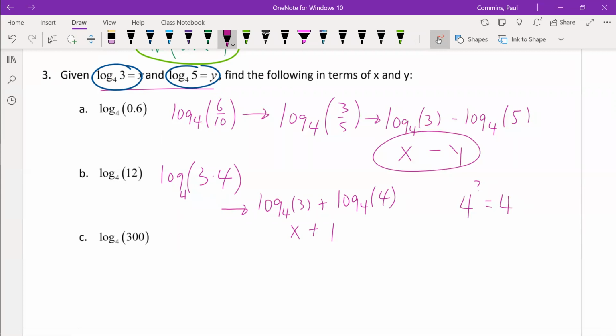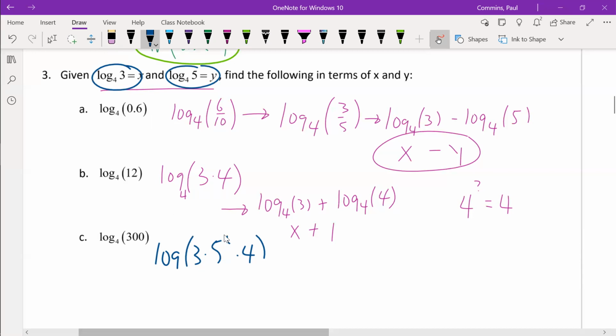300, if you break that down into factors, is 3 times 25 times 4, right? 25 times 4 is 100. There's 3 of them. We know all about 3s and 4s, and 25 is just a power of 5. That's 5 squared. So now I can